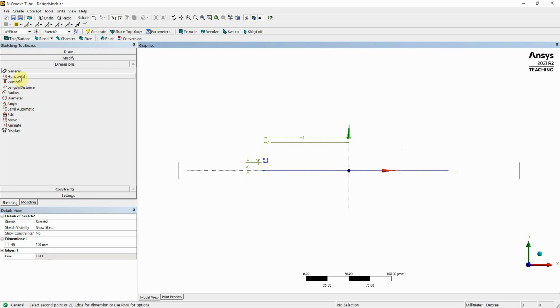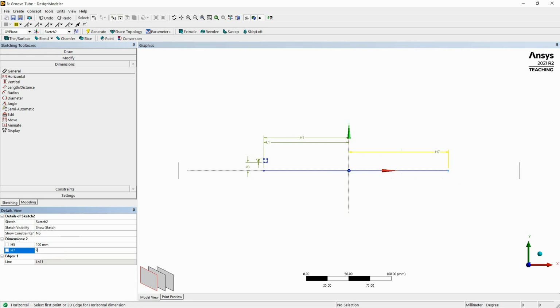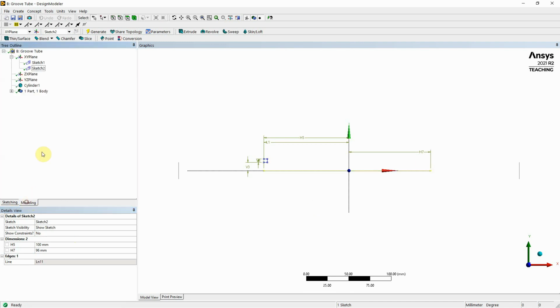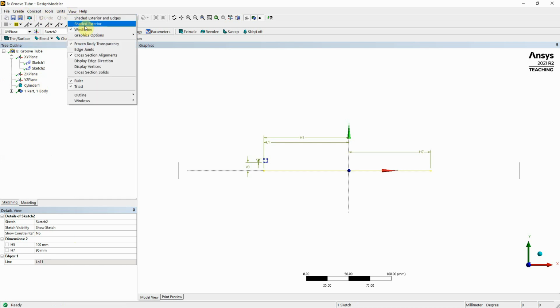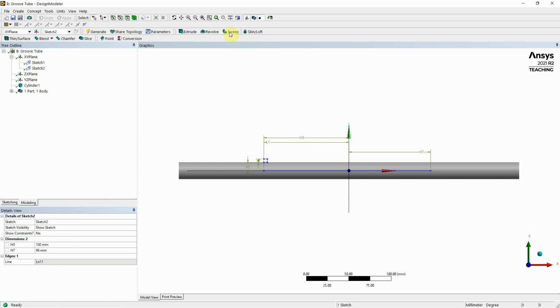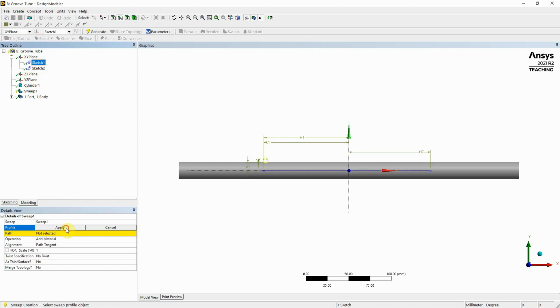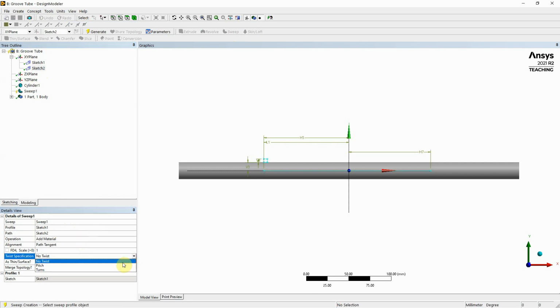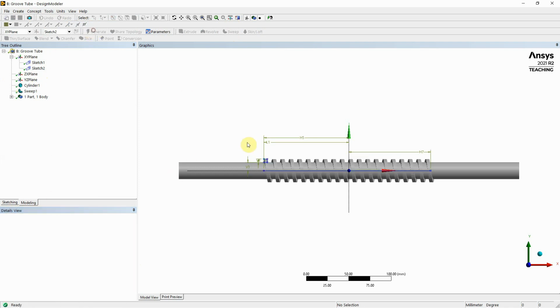So what we'll do is give it a horizontal dimension. Okay, so 96. That means adding the 4 will make it 100. Now that we have this, we can go back to view and make sure we've got shaded exterior. And we can now sweep sketch 1, apply, along the path of sketch 2, apply. We can put in a pitch of 10 millimeters, add it as material, press generate, and then we have our